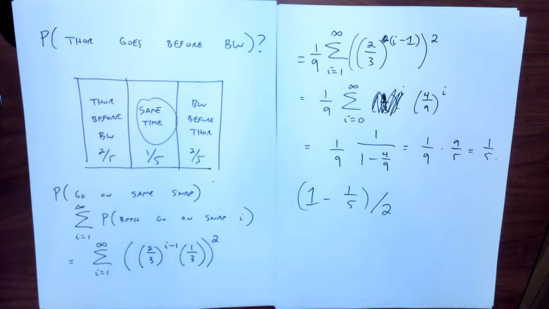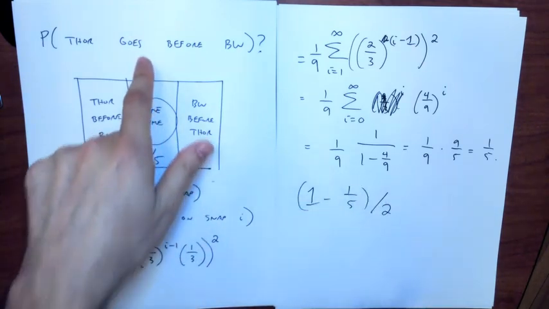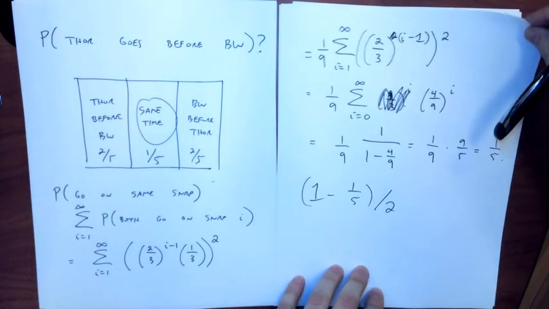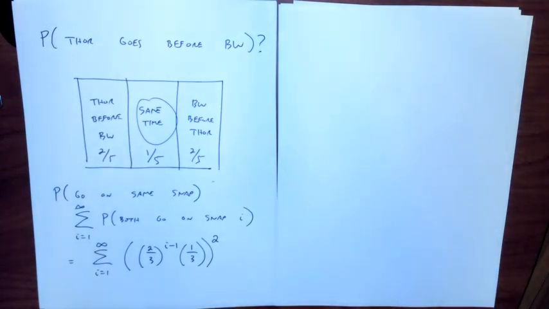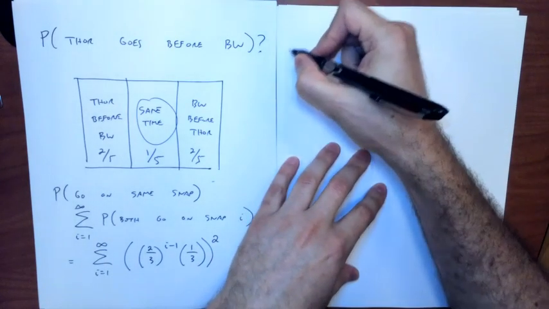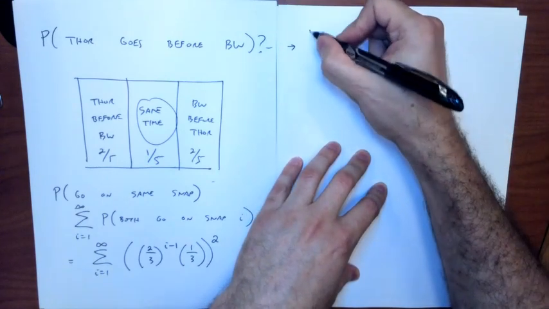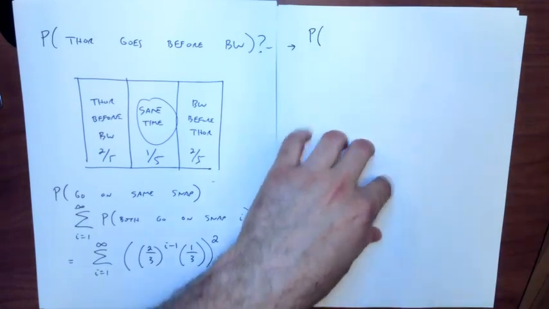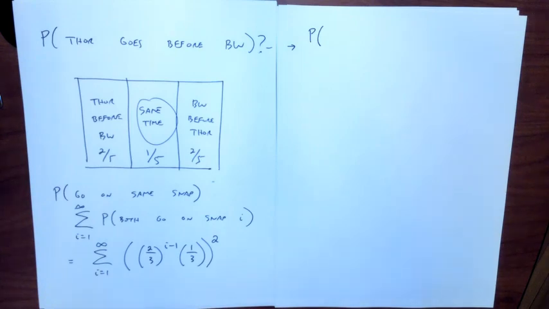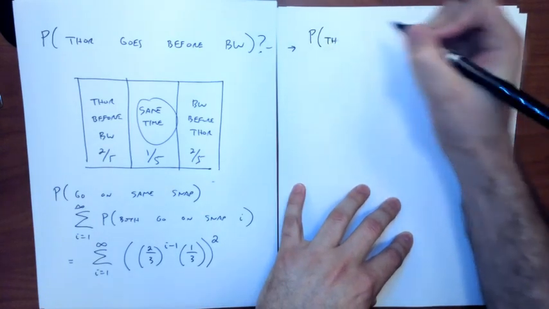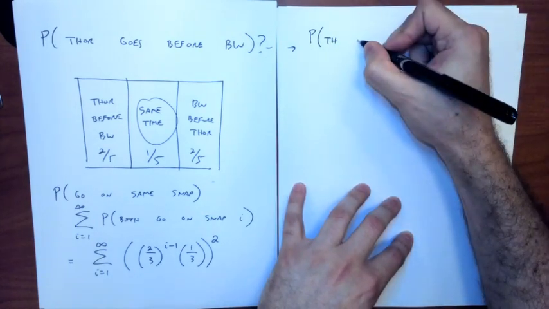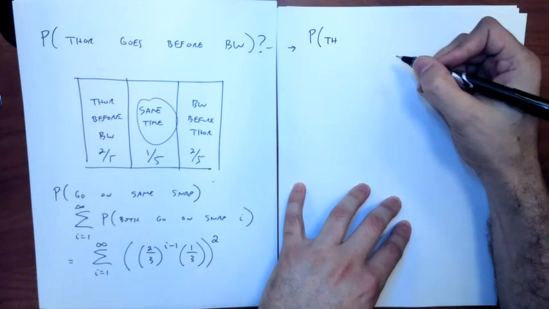But let me show you a different way to get to 2/5, in case you don't like this appeal to symmetry. Let's just do it directly. Suppose I enumerate all the possibilities in which this could happen. What are the possible ways this could work? I want Thor to go before Black Widow. So the first way this could happen is that Thor goes on